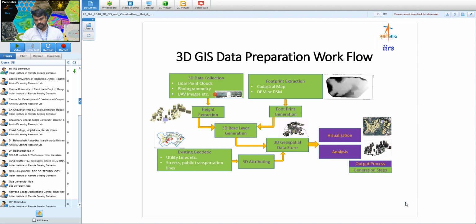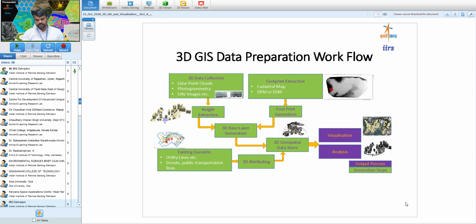And based on the analysis, we can find out the average height of a building if we are looking for an average height at the building level, or there may be sub components like one block of a building and another block of the building, and accordingly the average height can be computed. So these heights can be integrated with your base data, which gets combined. So it gives an attribute to the footprint of the different buildings, and then